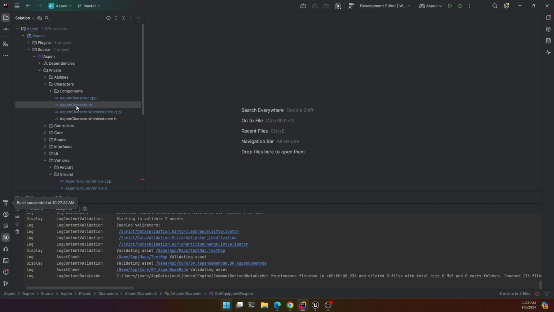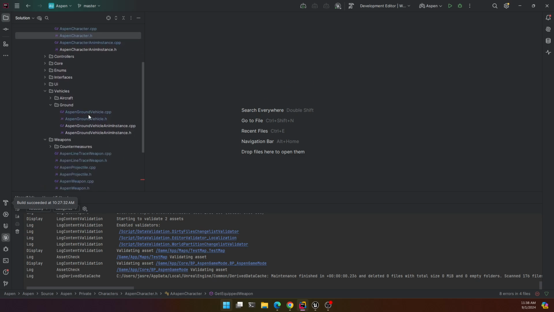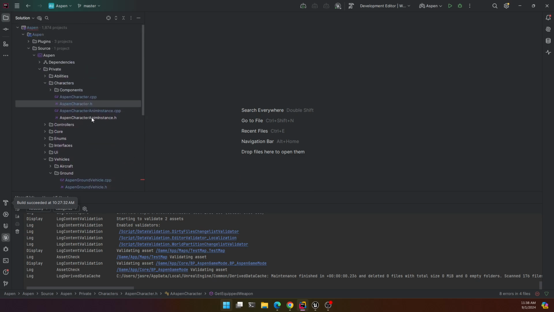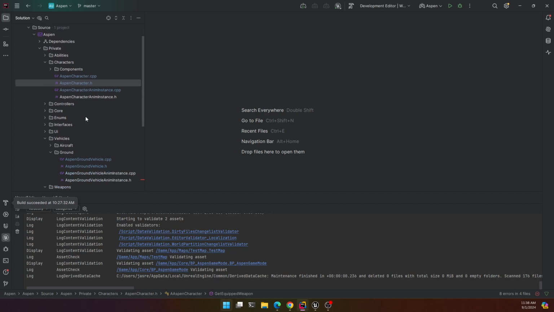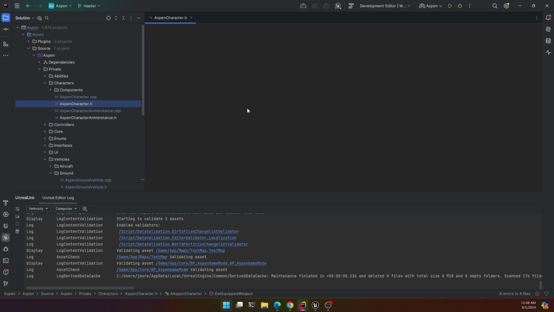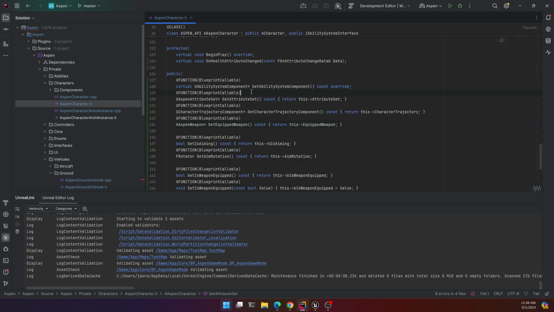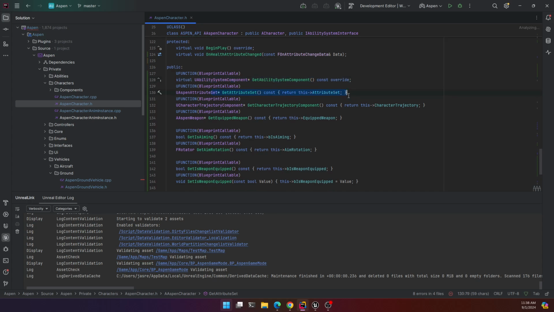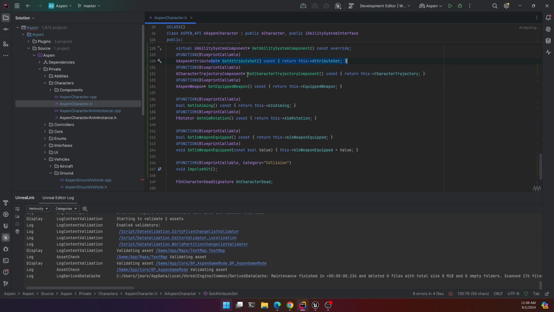Effectively, I've implemented the gameplay ability system for the character and the rifle that I have right now, and I'm not really quite done. There's probably some cleanup that I should go ahead and do. I don't know if I'm going to do that right now or not, but basically I added an ability system to my character, an attribute set, the basic attribute set I have,